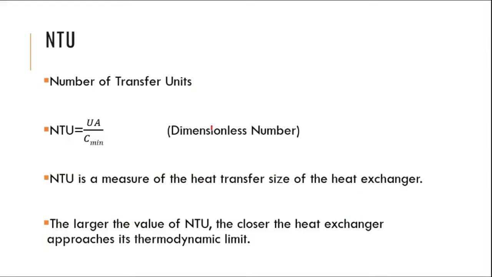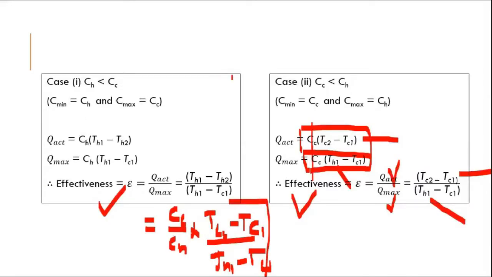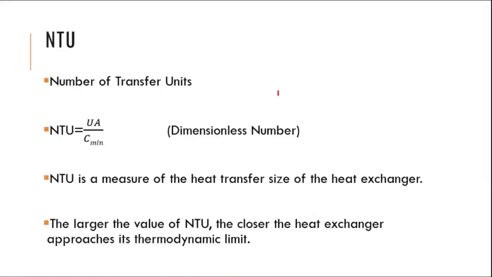Sir, why is it 20 degrees Celsius for the first hot fluid, sir? Same thing, the same concept which we used over here. The maximum possible temperature difference for hot fluid, that is TH1 minus TC1. The temperature cannot go beyond the lowest temperature, because once it reaches equal to the lowest temperature, the heat transfer process is going to cease.